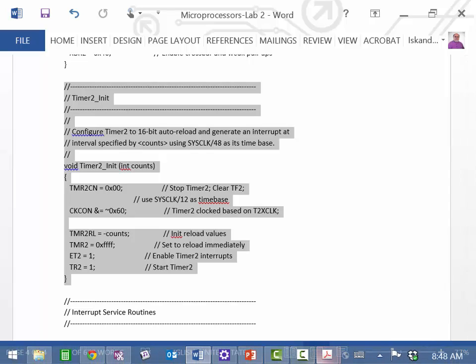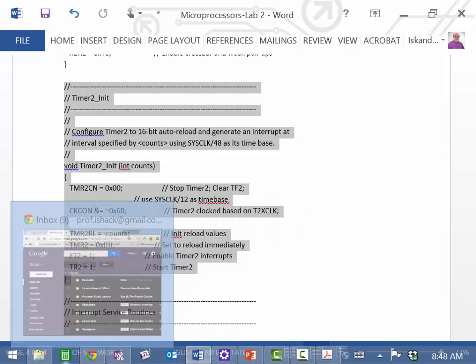So if you look at the system clock is 24.5 megahertz roughly. Actually, it's about 2 megahertz right there. But if we look at 2 megahertz,